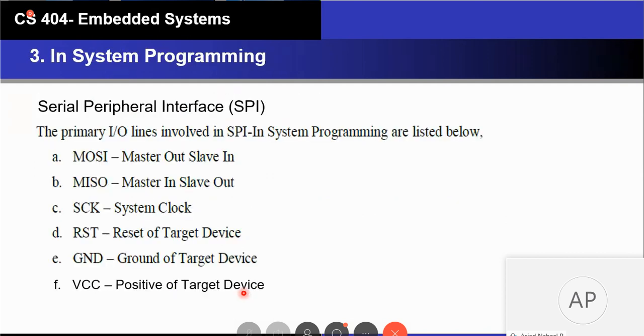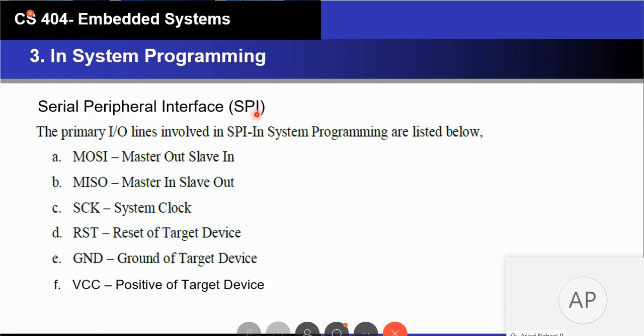The serial programming interface is an example of a protocol which supports in-system serial programming. So we can restate it: a device which has in-system programming will also specify which protocol it uses. In our example, we will see one such protocol, the Serial Peripheral Interface SPI protocol.